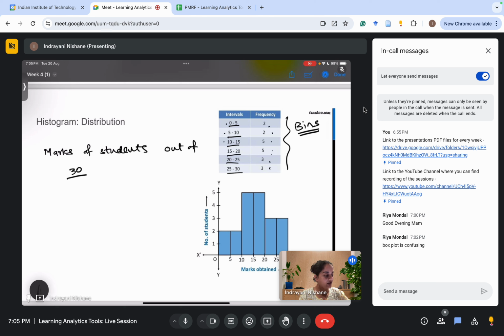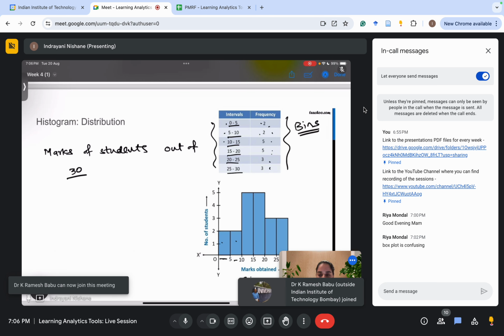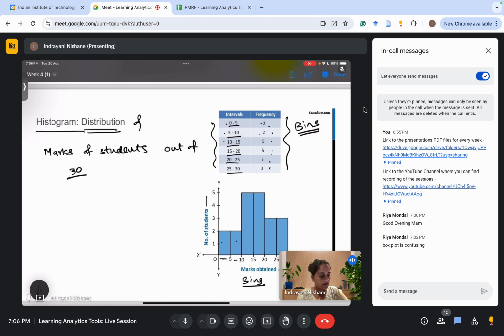And now we plotted for every bin, for this interval, what is the frequency, what is the count of students occurring in that particular range. So that gives us this histogram. So a histogram will tell us about the distribution of the sample, right? What other information it can give is about the distribution,